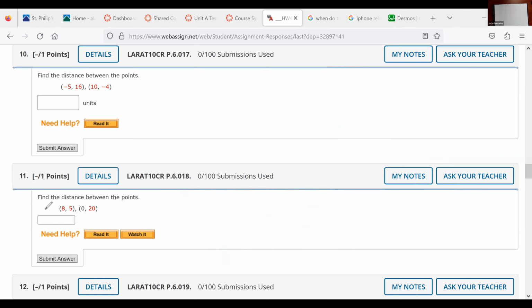So for this one, you would use the same formula. We don't need all the theory, but it's good to know where it comes from. I always recommend to label them, that way you won't mess it up. It's always hard to keep track of everything in your head. So we know the formula is x2 minus x1 plus y2 minus y1, which will give us